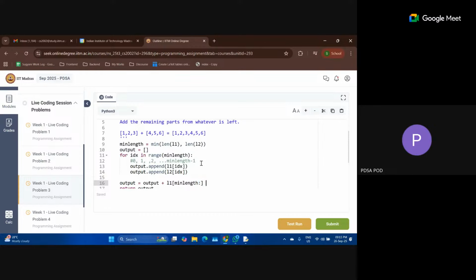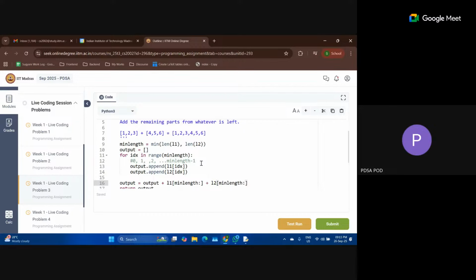Along with that, I will also concatenate whatever is there from the index number min length till the end in L2. Whatever is there, you just concatenate it. That's what this statement means.